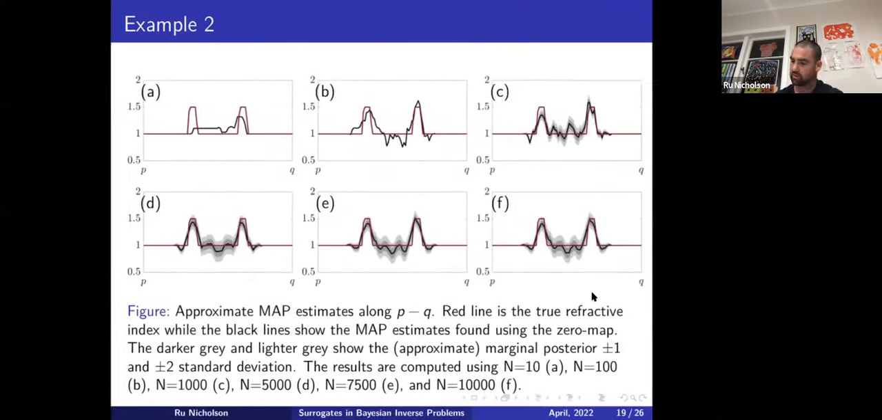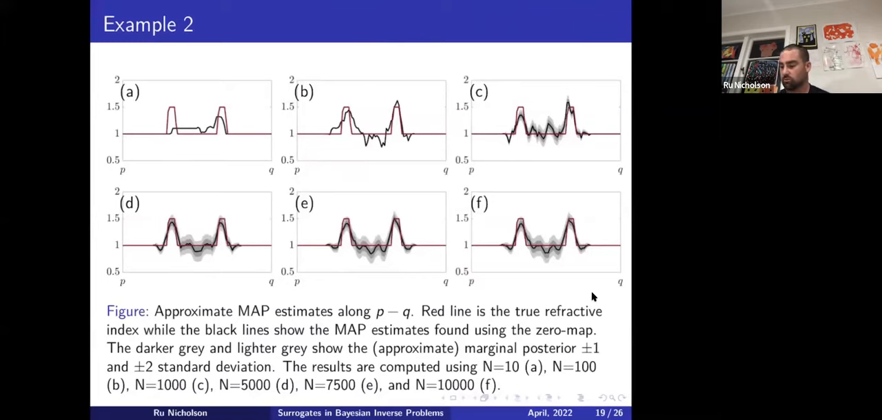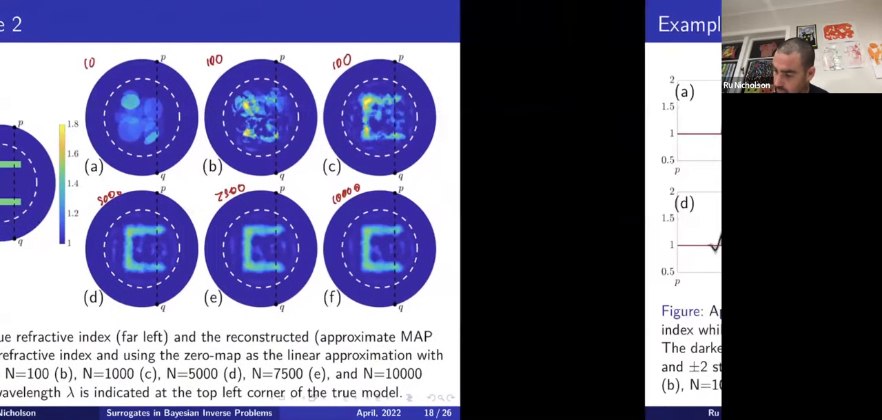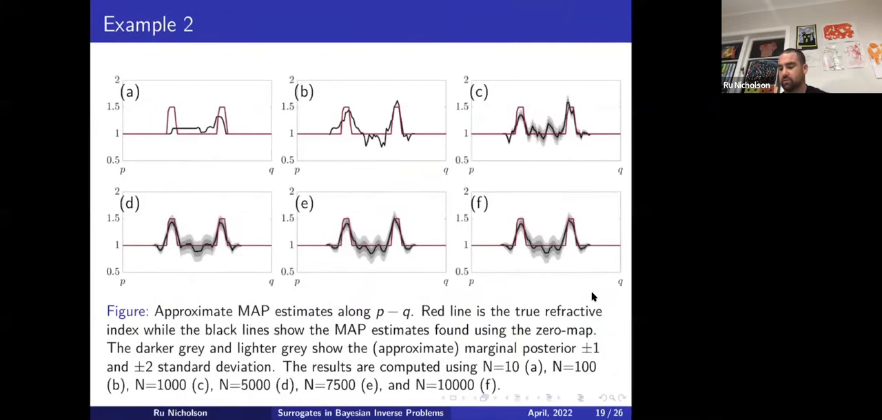Okay, and so here's the convergence of the approximate posterior as well. This is along the cross section here, PQ, and you can see initially the estimate is bad, but also the uncertainty estimates are terrible as well, and that's just because